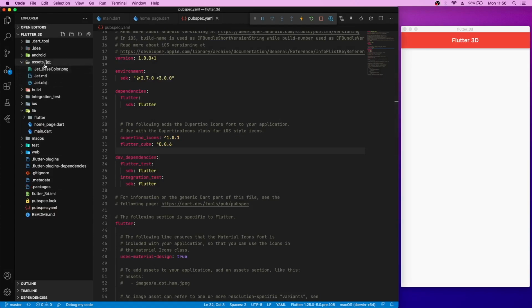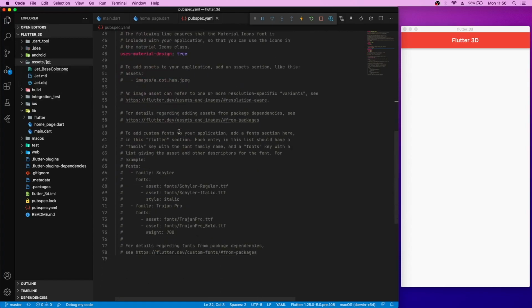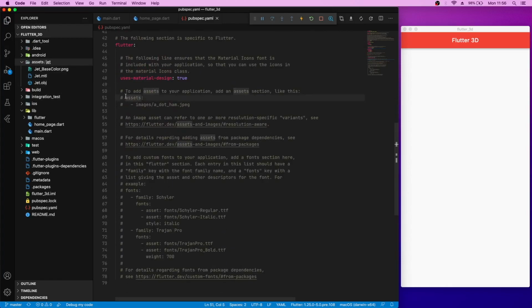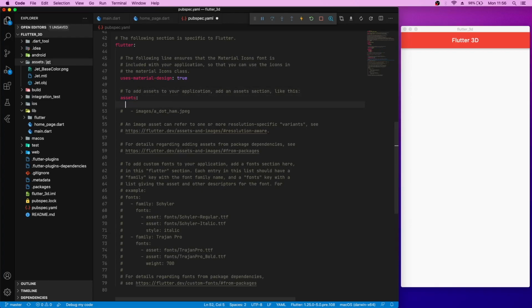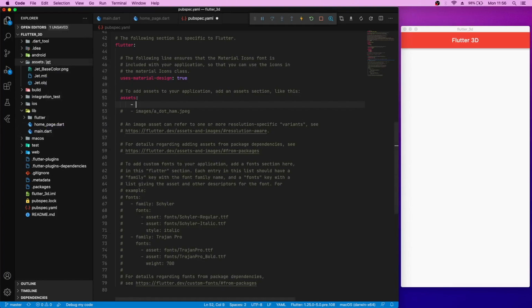So now let's import our assets into the pubspec.yaml file here. To do that, just uncomment these assets and copy the file path from here. So we'll copy the folder path and paste it here.